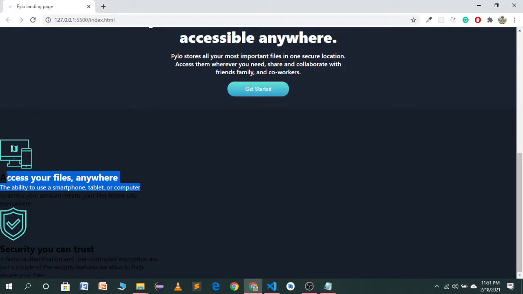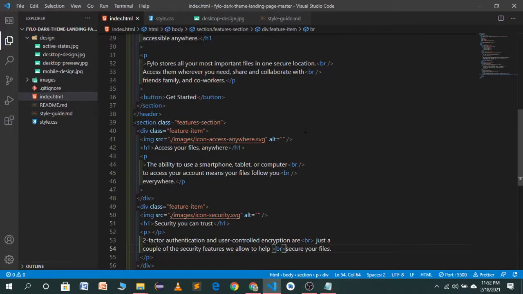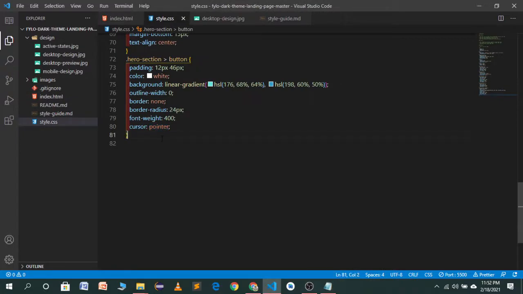So we have to target these containers and use a flex box to align it. So let's go to our container. We have a container of features section, copy this one and paste it here. Here we will target it.